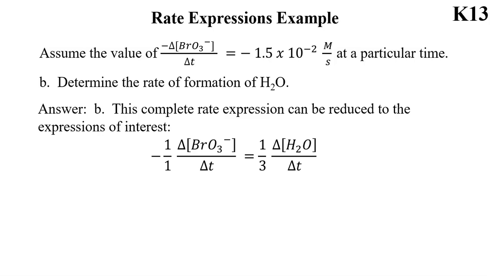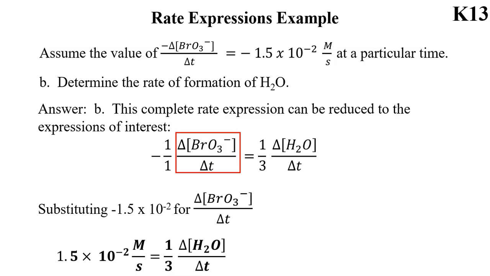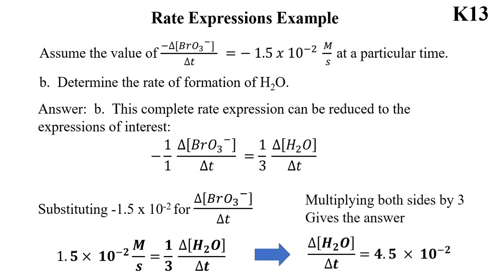And now we know that the change in negative BrO3 over time is negative 1.5 times 10 to the minus 2. So we can just substitute negative 1.5 times 10 to the minus 2 in where you see the red rectangle there. When you substitute that in, the negative negates itself. There's a double negative, so it becomes positive. Again, a rate has to be a positive number, and that equals 1/3 of the rate of the H2O. So you do simple algebra, multiply both sides by 3, and you end up with the change in concentration of water, H2O, for change in time is 4.5 times 10